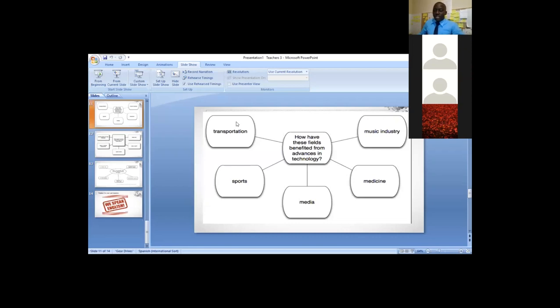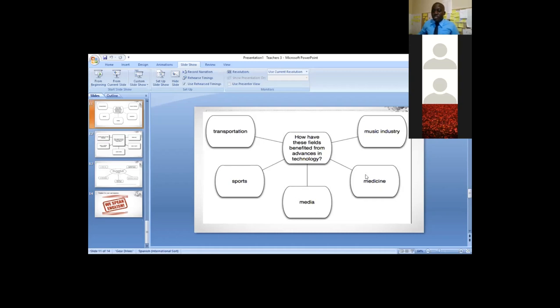But if you say electric cars and then hybrid cars, then that's a different kind. Hybrid is more advanced than saying electric. Then if I come to medicine and media, remember in medicine, they have what we call telemedicine. So we are looking out now for vocabularies. So they are using telemedicine through the media.